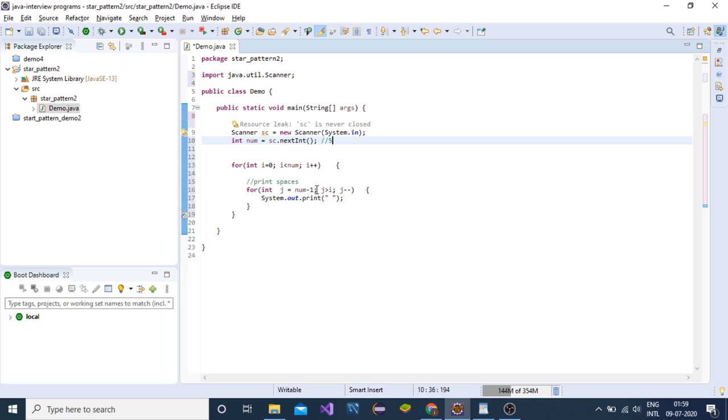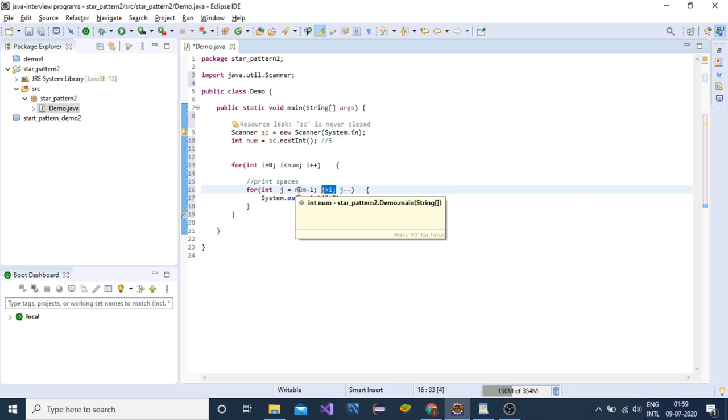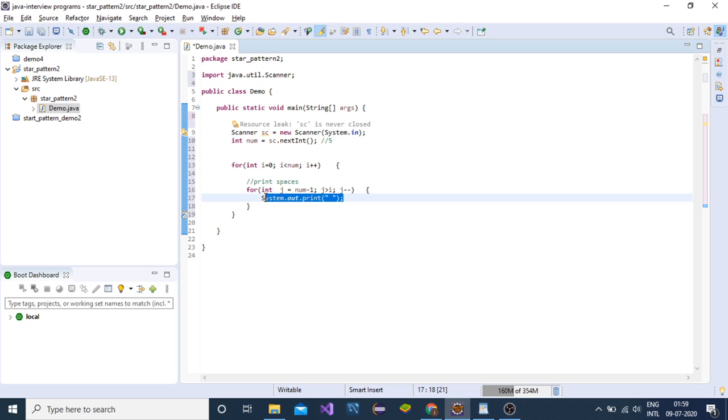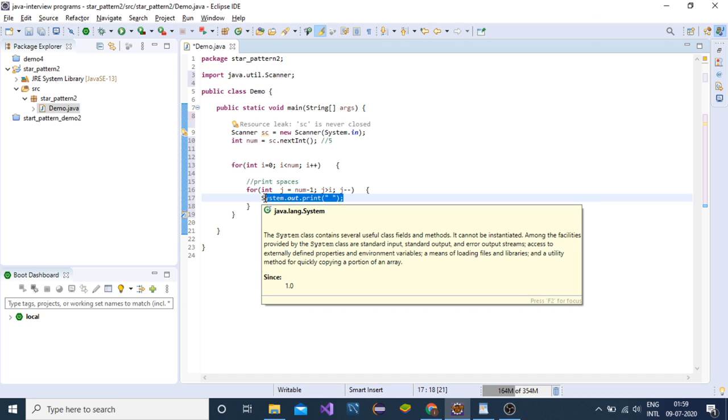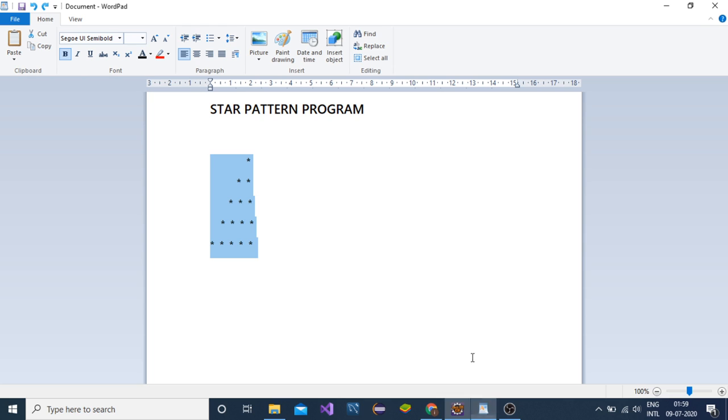So j will be 4 and it will be greater than i, means it will start by 4, it will run 4 3 2 1. When the value of j will be 0, it will return false. So it will run 4 times in the first time. So in the first row we need 4 spaces, so it is correct.